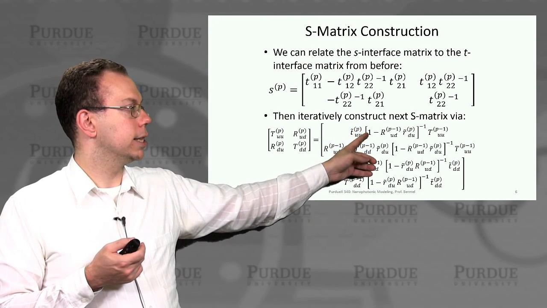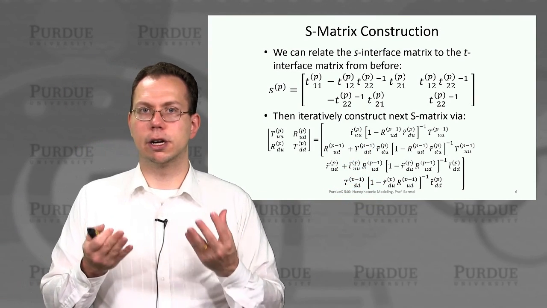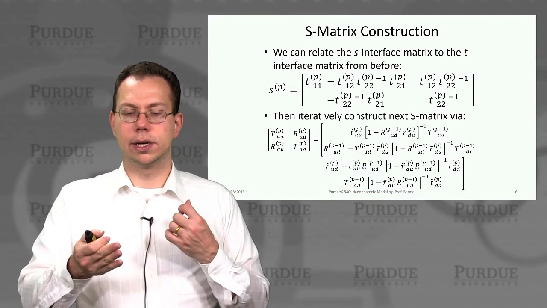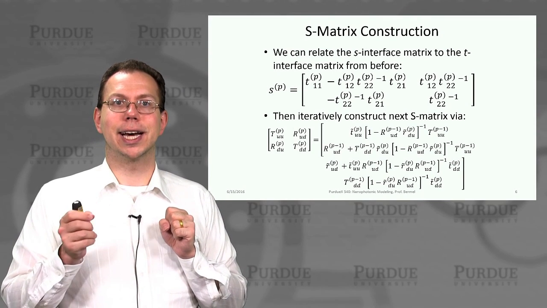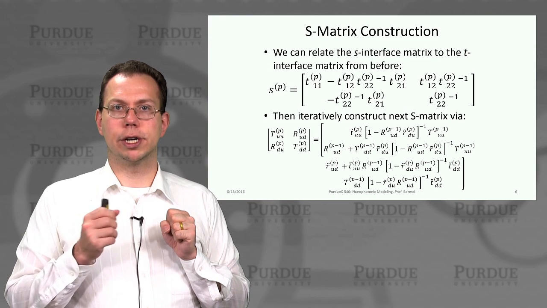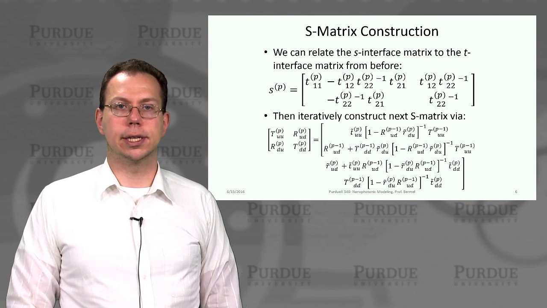And just keep in mind that the first two elements are on the left-hand side, last two elements are on the right. It's just hard to write them all in a 2x2 matrix. So in the next lecture, we'll go into more details about how to construct and work with these S matrices.